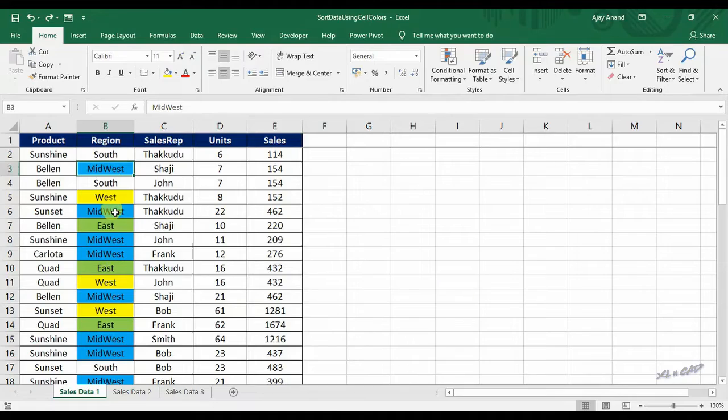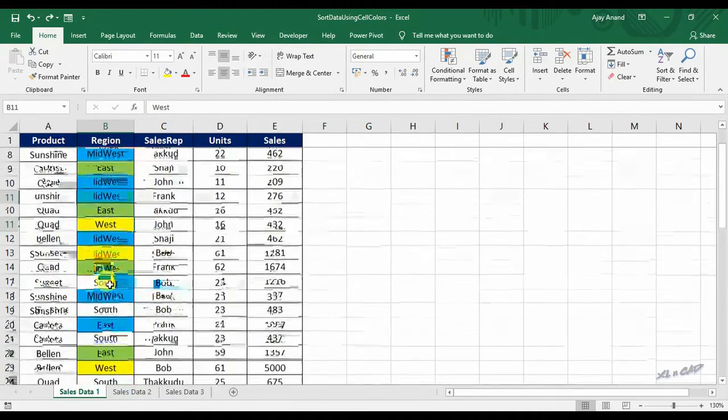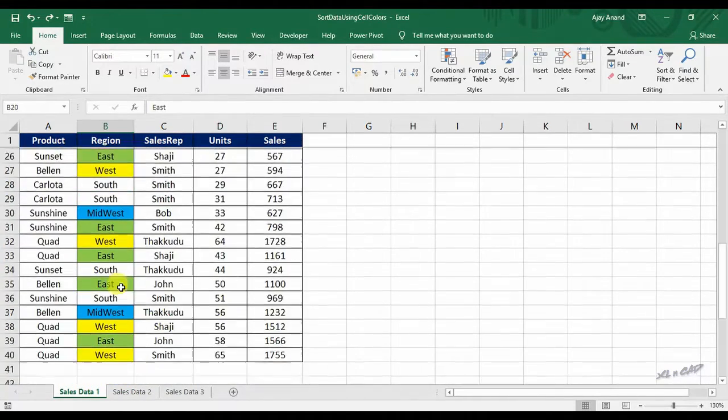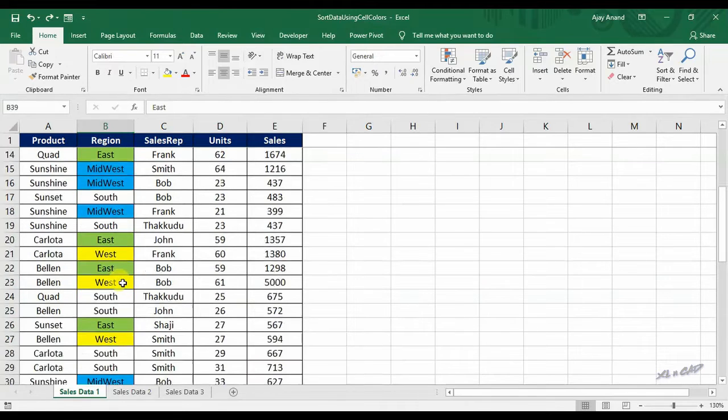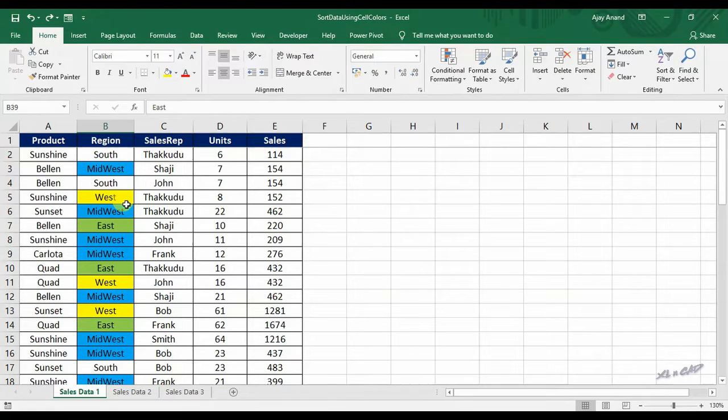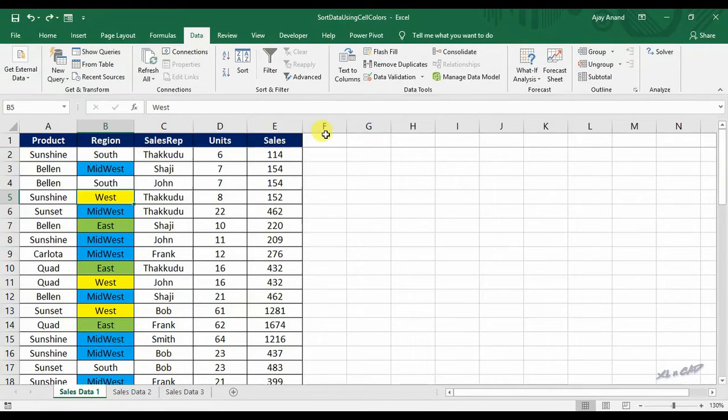Here in this Excel sheet, I have used yellow, green and blue colors for highlighting some of the cells. For sorting the data on the basis of cell color, for example the color yellow, select any of the cells in the data range, go to Data tab, click on Sort,